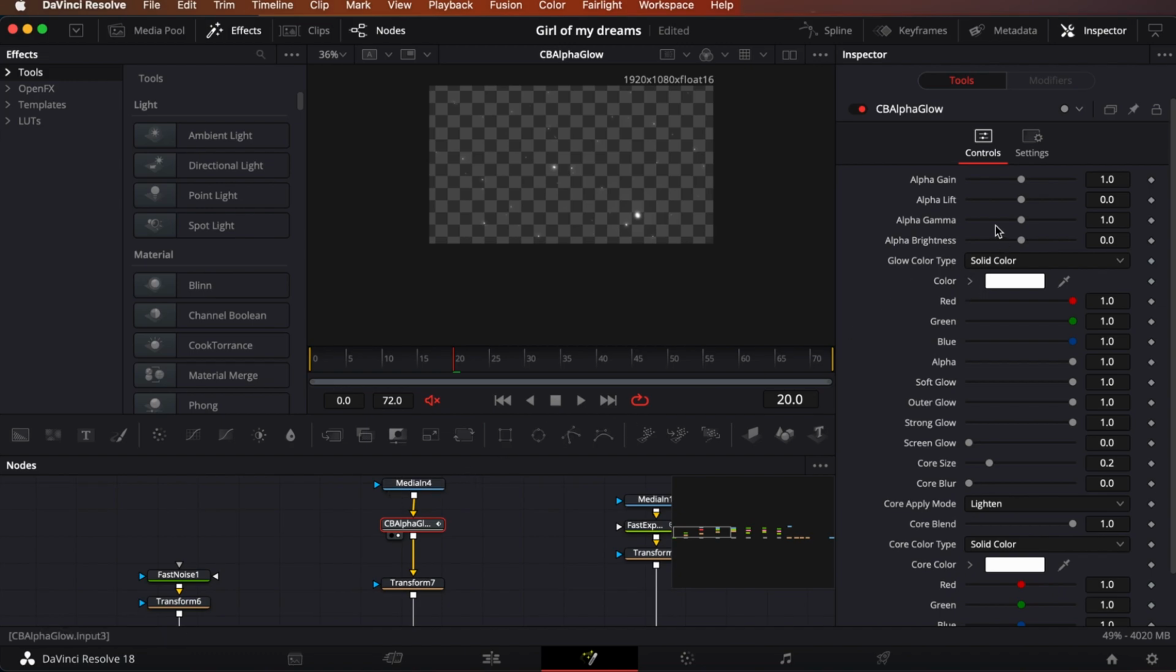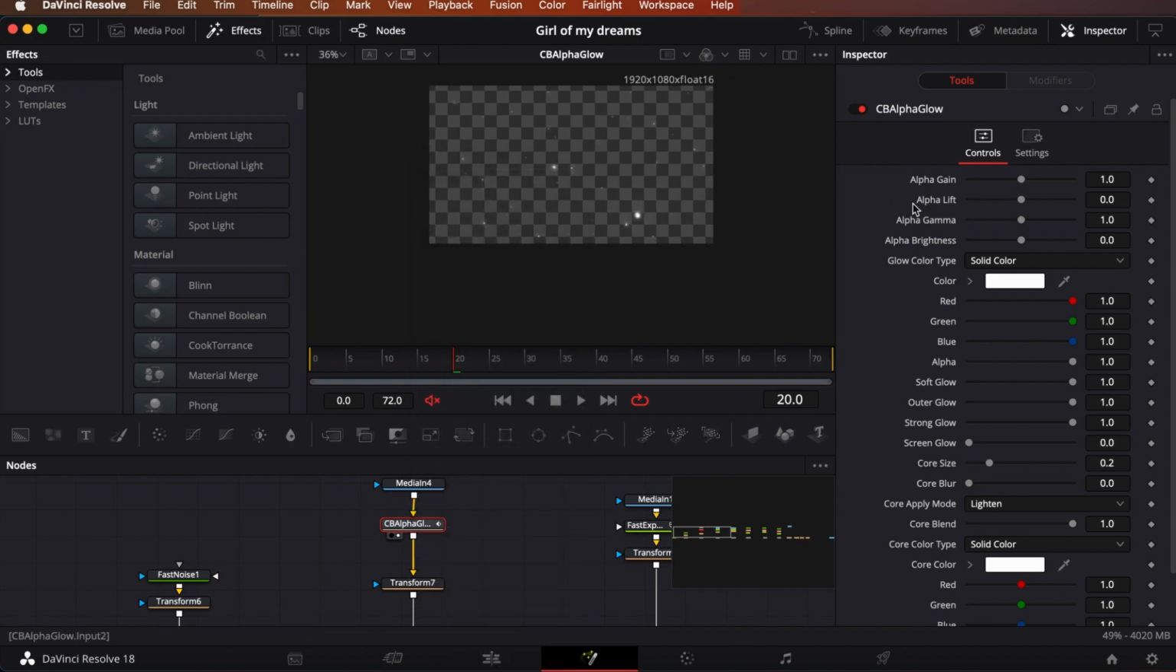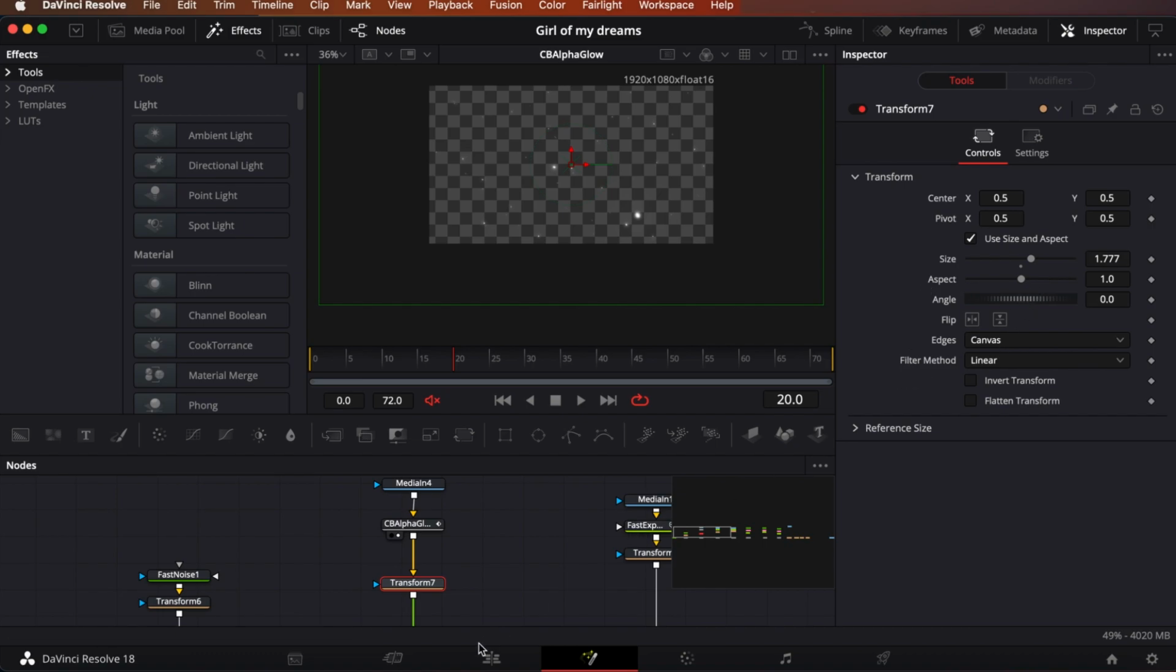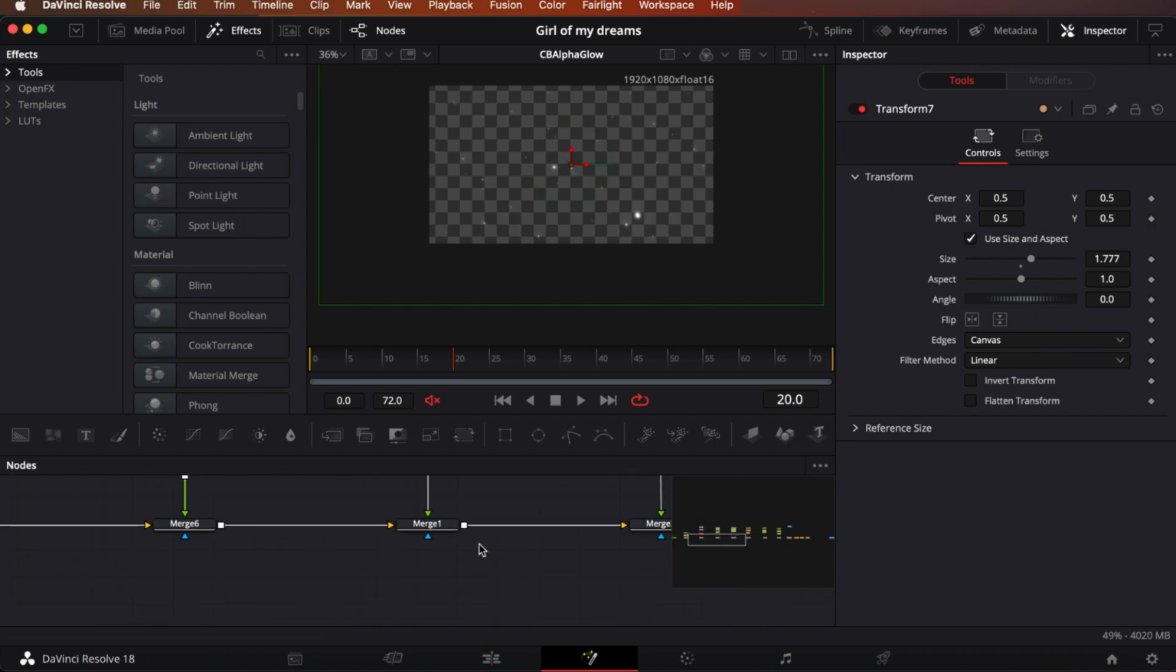I just had to change the color because by default, whenever you put CB Alpha Glow here, it's gonna be like a purple. As soon as you put it on your clip, it'll take out the background, but it will change your subject to purple, so you just have to change it to white or whatever color you want. And I used the transform here to position it. So next